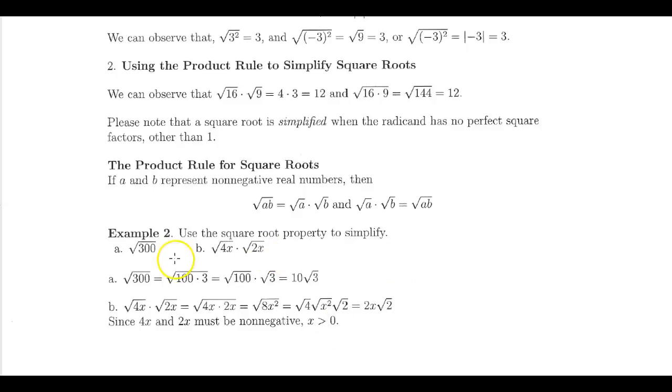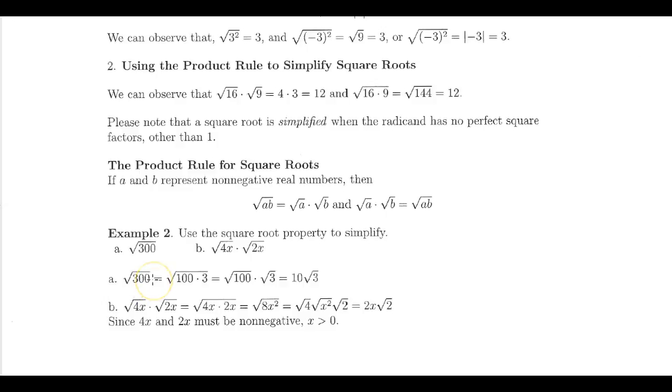So here we have some examples. We can use this product rule to help us simplify square roots. A square root is simplified when the radicand, the number underneath the square root, has no perfect square factors other than 1. So for example, if I want to simplify the square root of 300, the largest perfect square